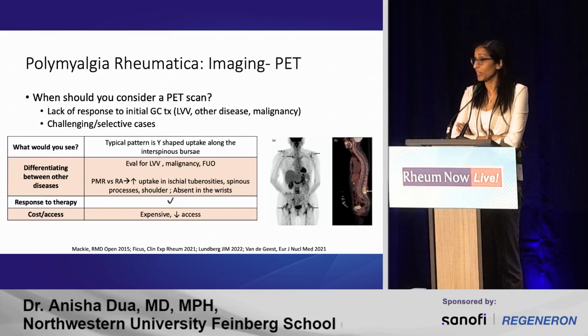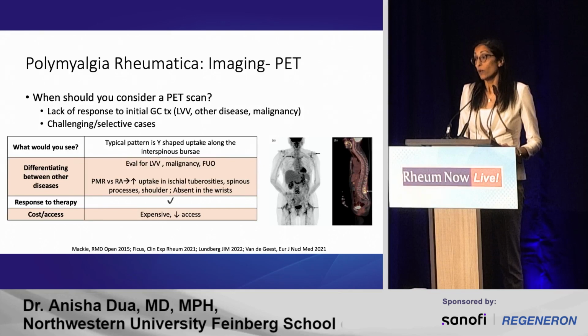And when should you consider a PET? I guess whenever you can get it covered, which is rare. But honestly, it's something that I do consider when patients are not responding to glucocorticoids and have other risk factors. Some of these PMR folks will have systemic manifestations of fevers and weight loss and just not doing well. So if they don't respond to glucocorticoids and you're still not sure what's going on, they've got low-grade fevers, you really need to think about things like malignancy, and that would be one indication for trying to get a